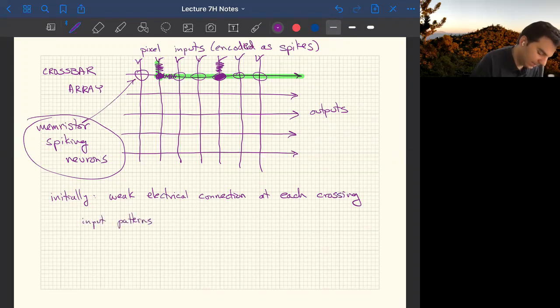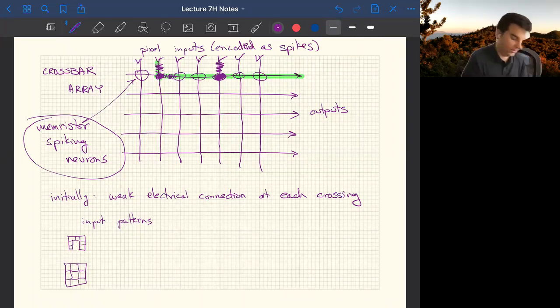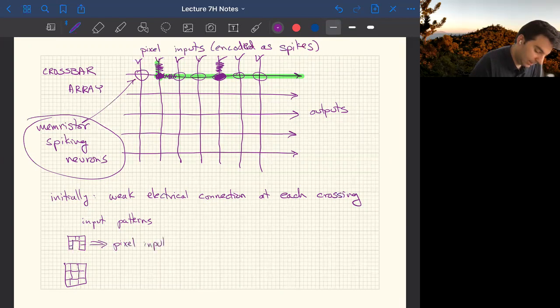So again, you can view this as like there could be an A, and maybe it kind of looks like this. There could be an O. It kind of looks like this, and so forth. Each one of these input patterns gets broken up into those pixel inputs and then tends to produce a particular output pattern,